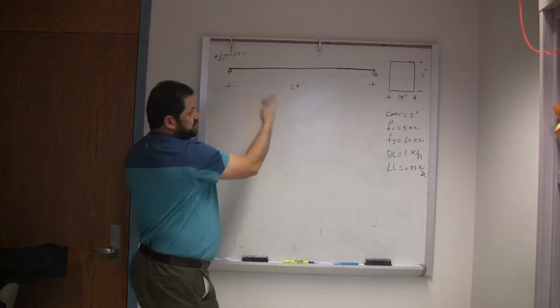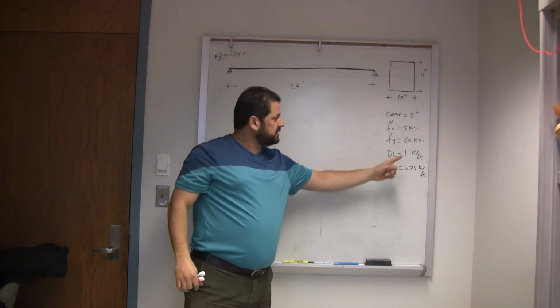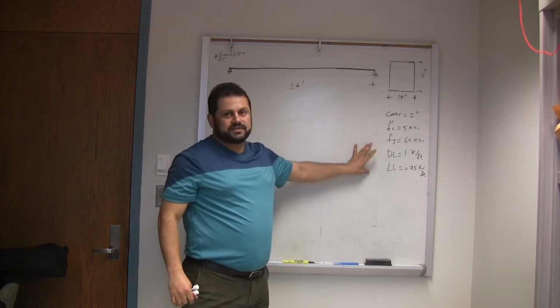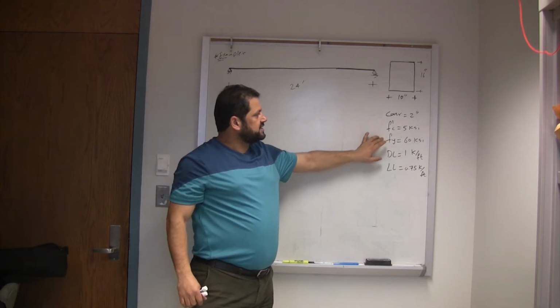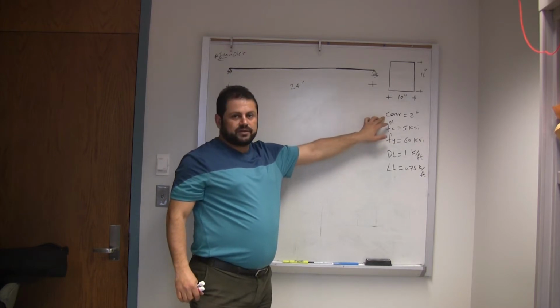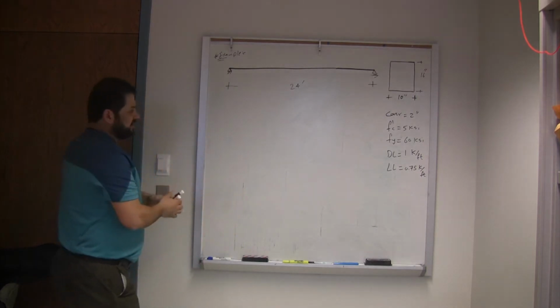And the beam is a simply supported beam, and it has a dead load of 1 kip per foot and a live load of 0.75 kip per foot. Both are service loads. Fy is 60 ksi, f'c is 5 ksi, and cover equals 2 inch to the center of the steel. So if we calculate the ultimate load,